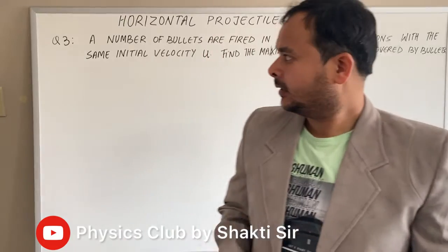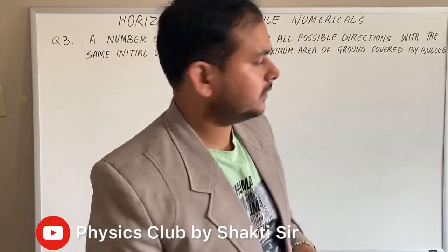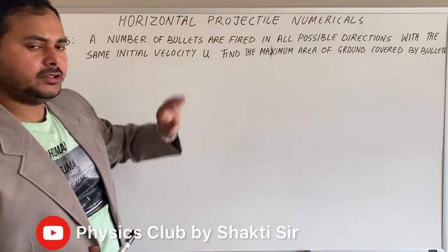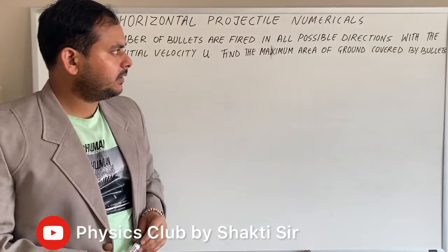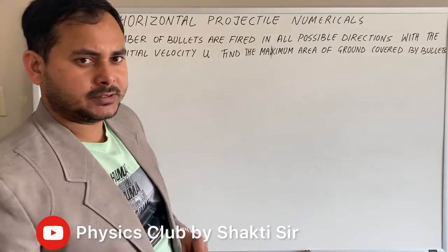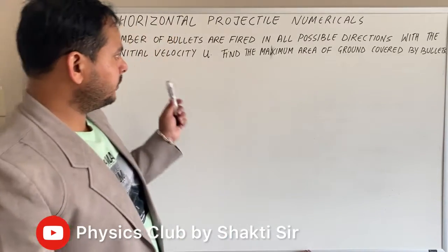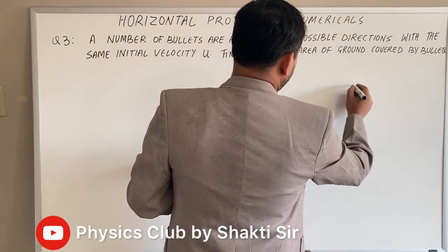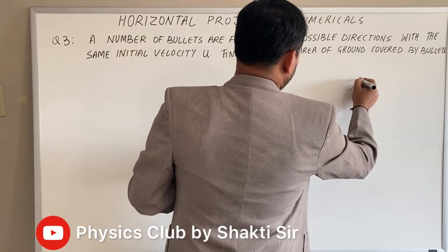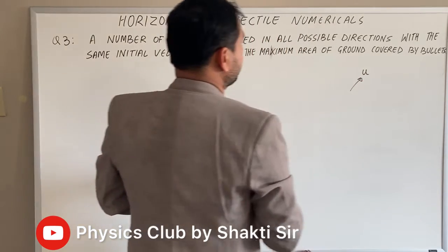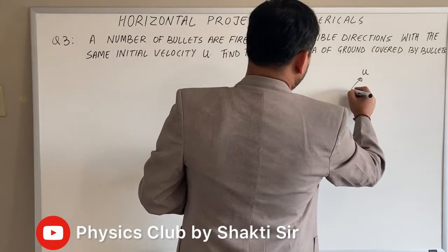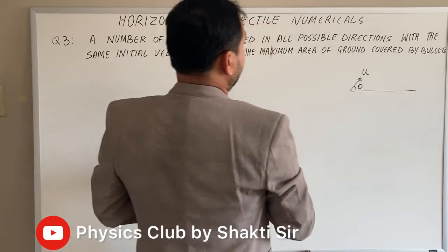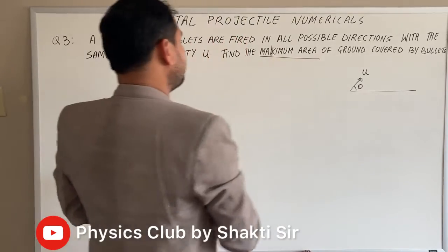What it says: a number of bullets are fired in all possible directions with the same initial velocity u. Find the maximum area of ground covered by bullets. According to this statement, the relevant diagram should be like this. The projectile is fired in all the directions. So let's say it is fired with some angle theta, and we need to calculate the maximum area it will